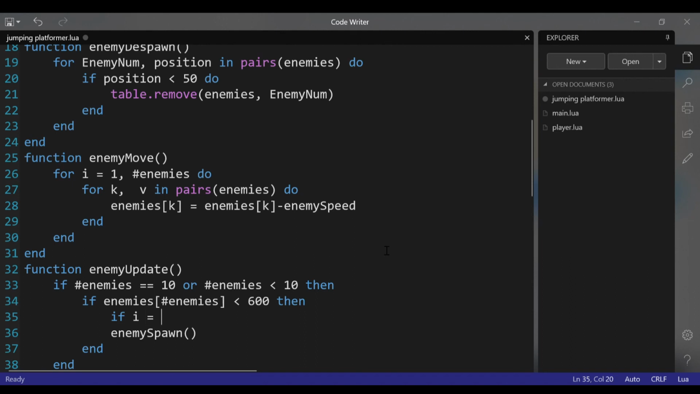for i equals 1 comma math.random, then, or I forgot a value for these. Let's go ahead and set a value that is